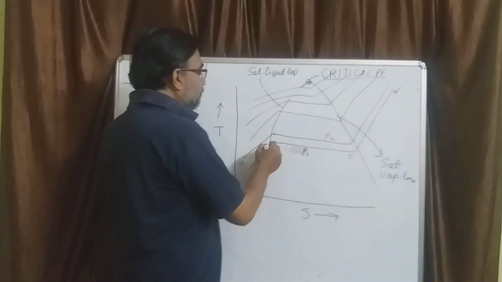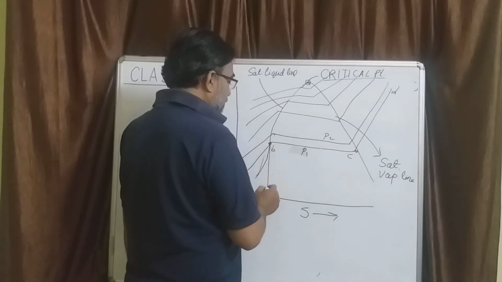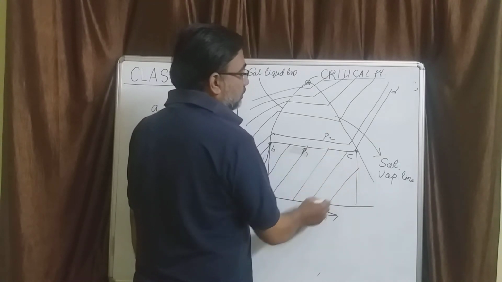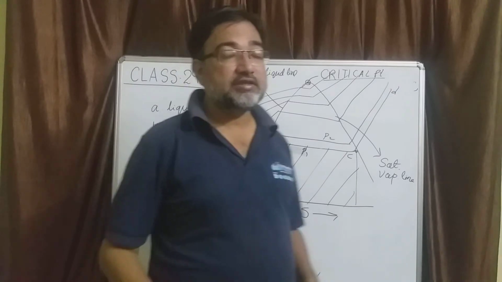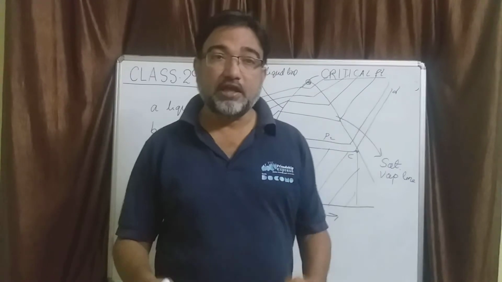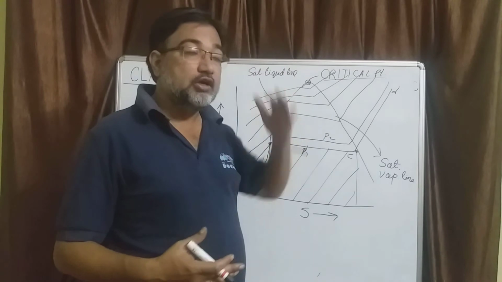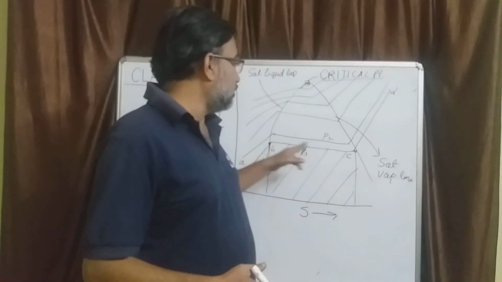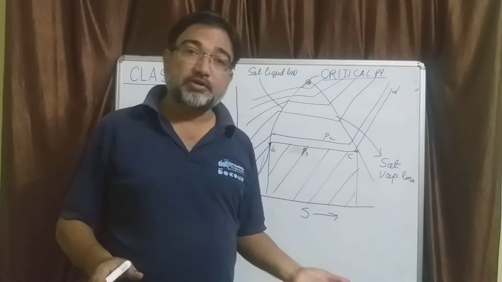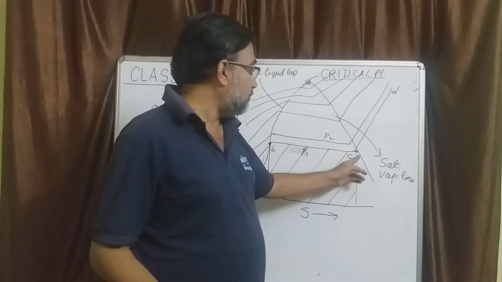Now see, at point B, the vaporization starts, at point C, vaporization ends. So if I take the area under BC, then this area is what? I told you just before that this area is representing the magnitude of heat which is required to bring the substance from B to C. And what is the meaning of that? That means to bring the substance from saturated liquid to saturated vapor state. That means the heat required for transformation of liquid to vapor. That is your latent heat. So this is your latent heat of vaporization.